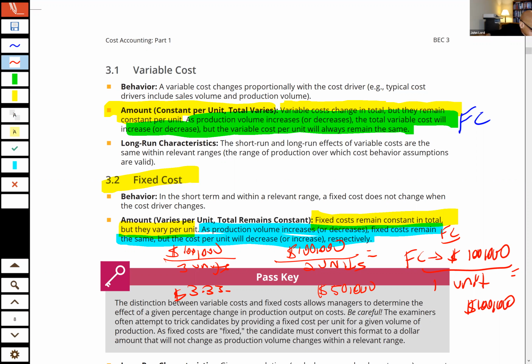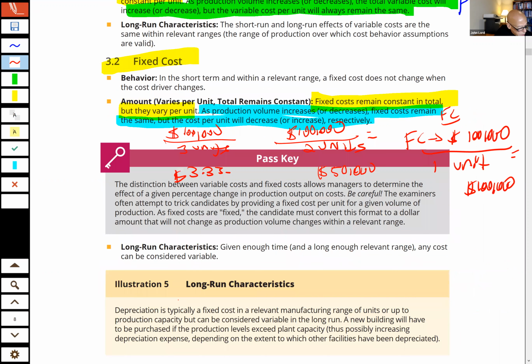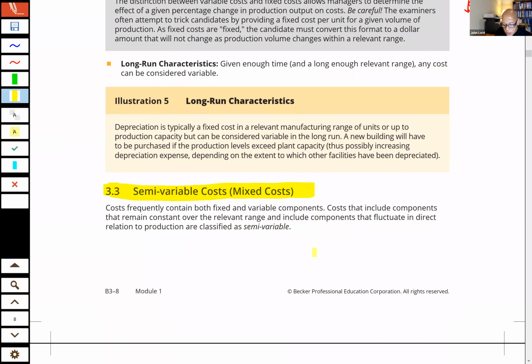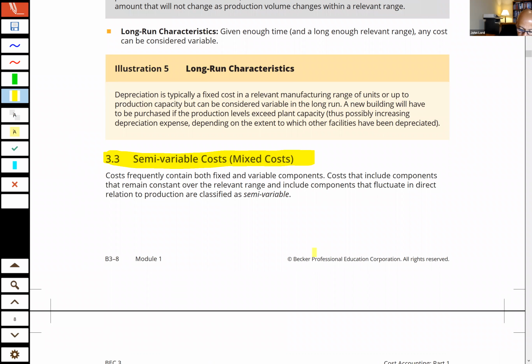Okay, good. Now you come over and they tell us that some costs are semi-variable. They call them mixed costs. So what they're saying to you is, hey look, we have a fixed cost component and we have a variable cost component, and they describe, for the most part, the way many manufacturing overhead costs behave. For example, take the utility bill on our factory building.